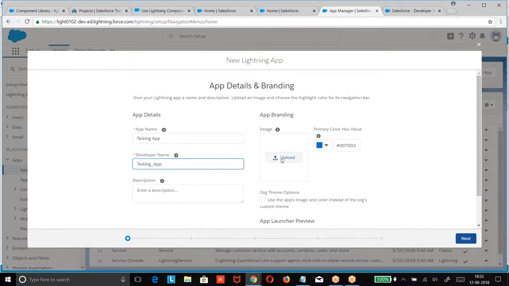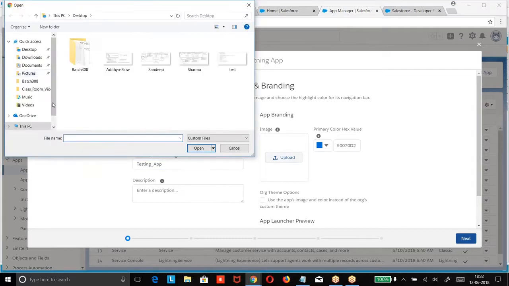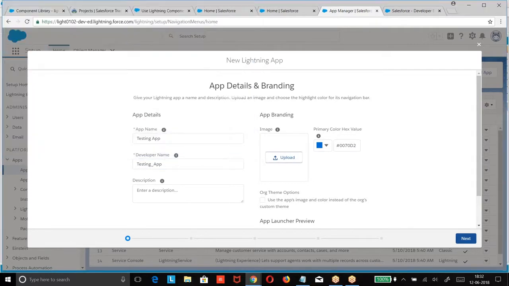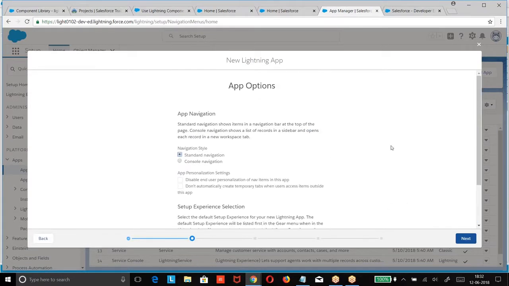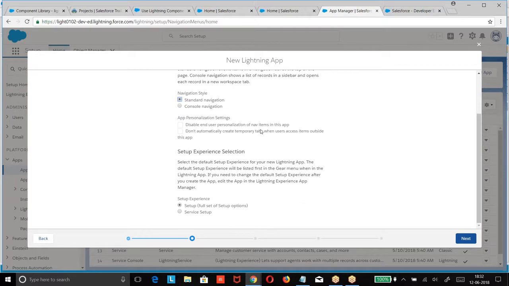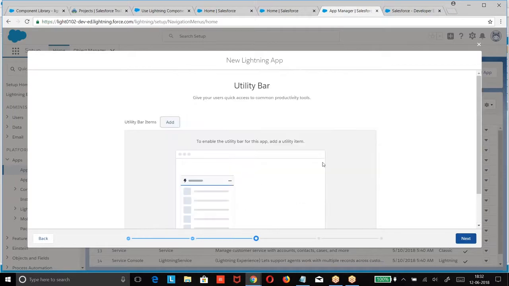Upload if you want to take any image. I don't have any images, I will leave it. Next.